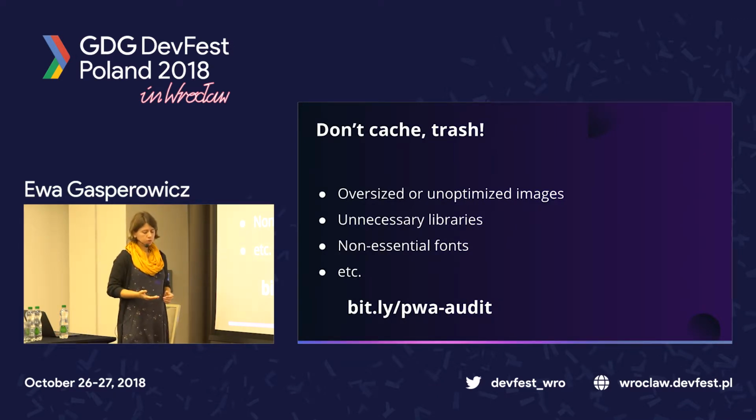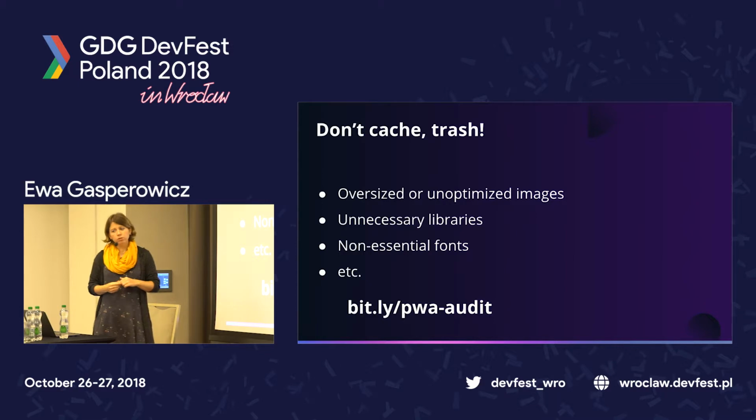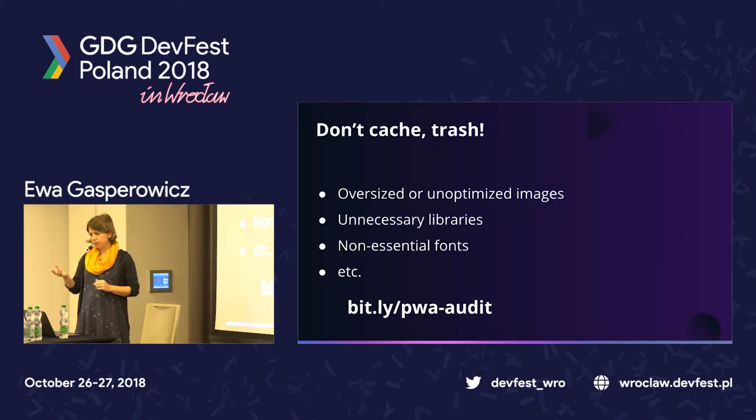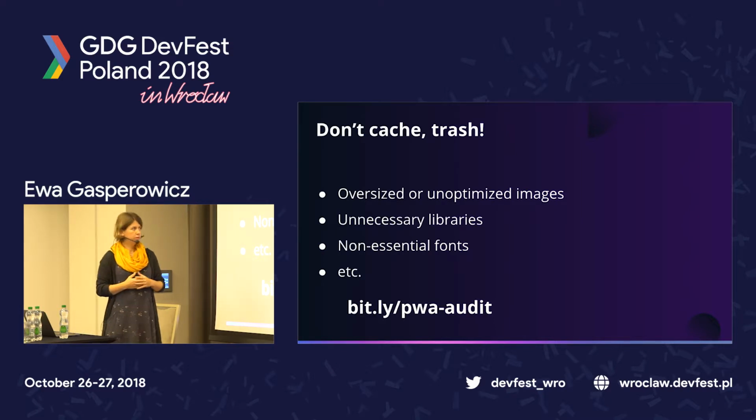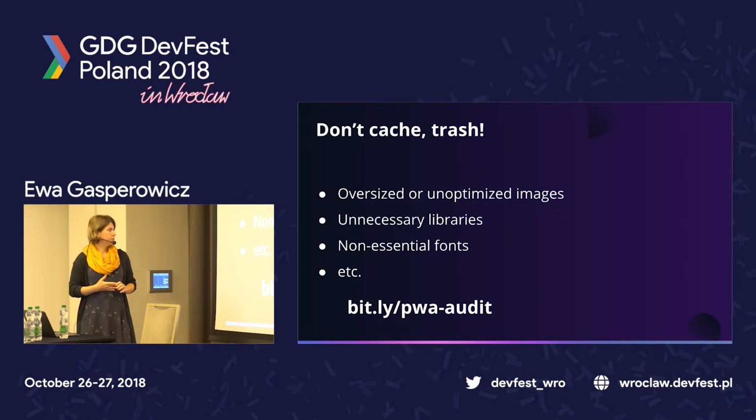Generally, it's always a good idea to optimize images, to remove unnecessary code, like, for example, unnecessary libraries. This happens a lot when you start a project, you add a few libraries to it, and then 1 month later or 3 months later, you end up changing your approach. You stop using those libraries, you use other ones, but they're still in your bundle. So you need to be mindful of that and have some auditing process set up to avoid this type of